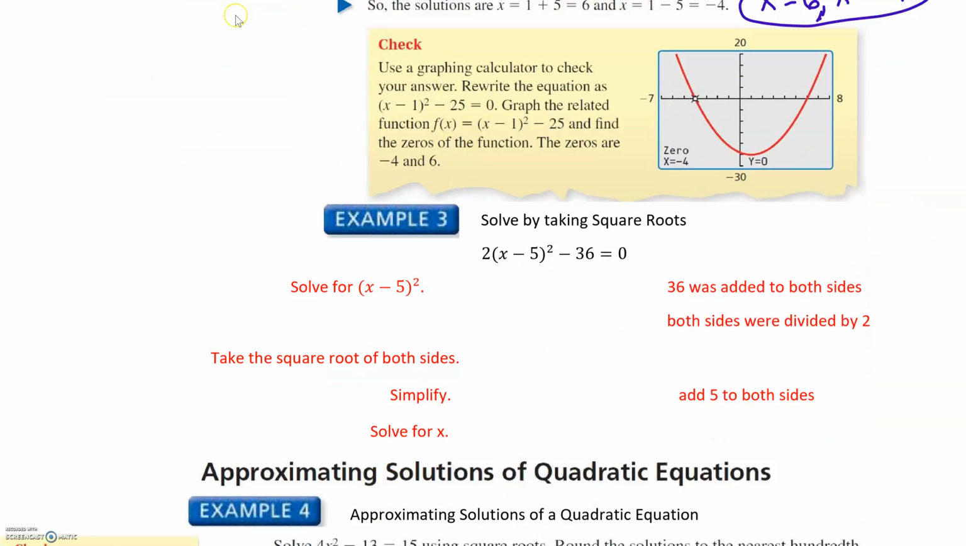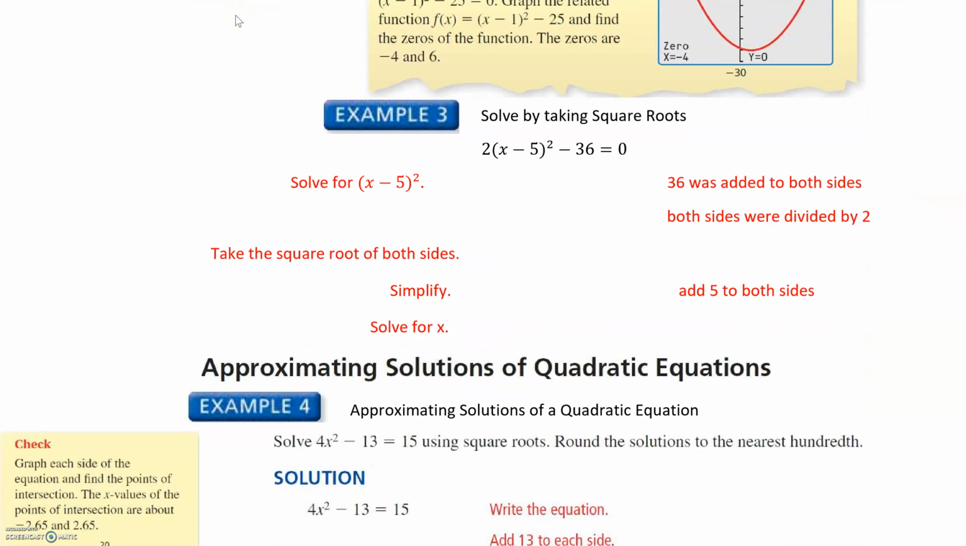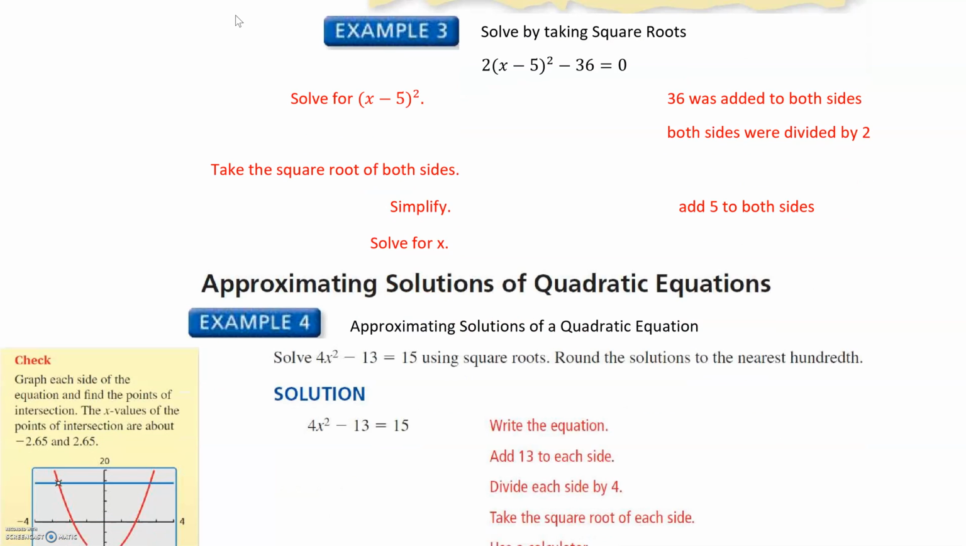We're going to do a couple more examples. Solve by taking square roots in example 3. So the first thing that we're going to do is notice that we have a binomial squared. But I'm not going to just take the square root right now because I've got this 2 and this 36 that are in the way. So what I'm going to do is I'm going to first solve for x minus 5 squared. So we're going to add 36 to both sides